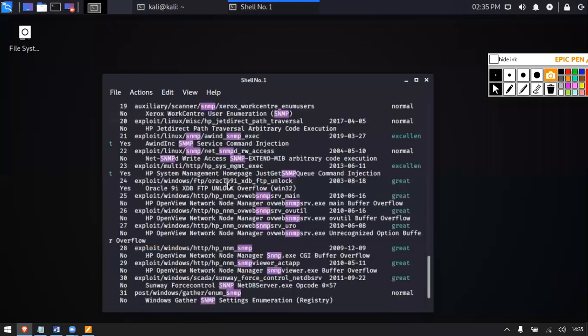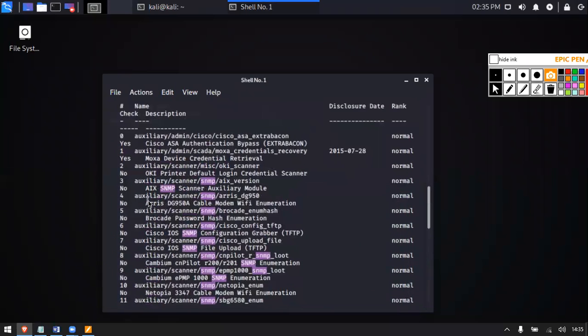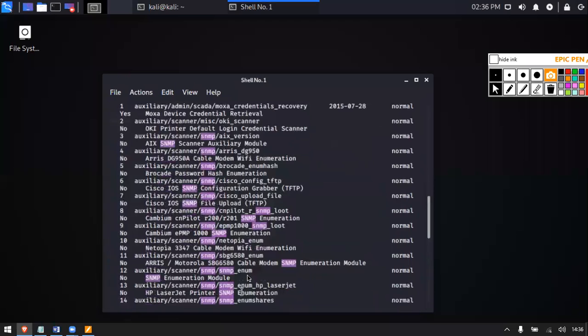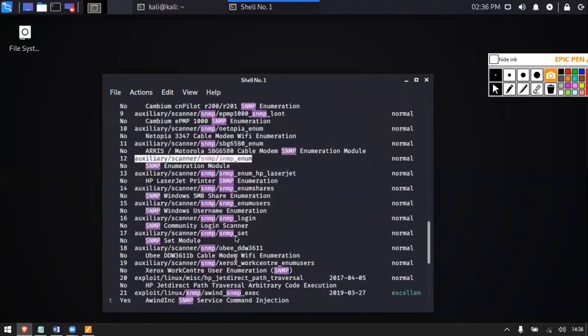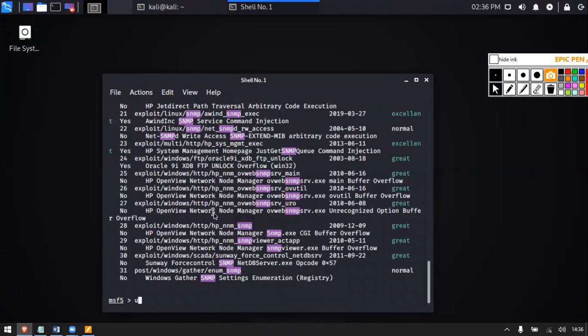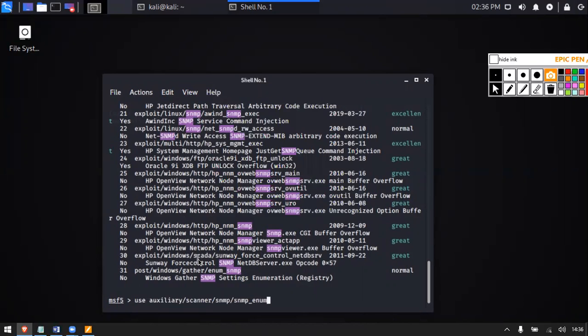Here we will go for this one, which is scanning the SNMP port and what it can give us. We will simply hit Control Shift C. I copied it. Now use that module, Control Shift V and hit Enter.